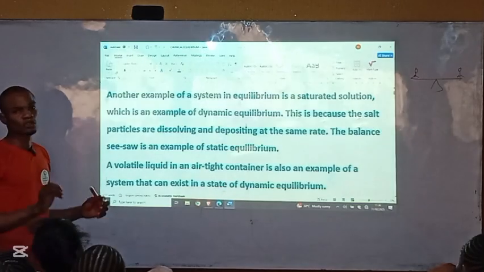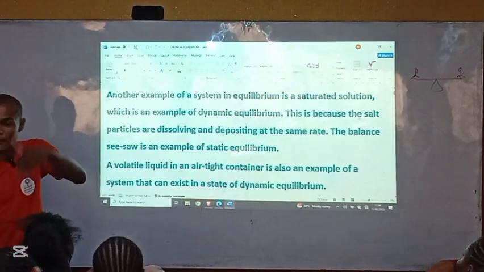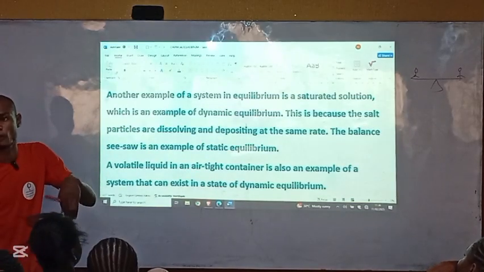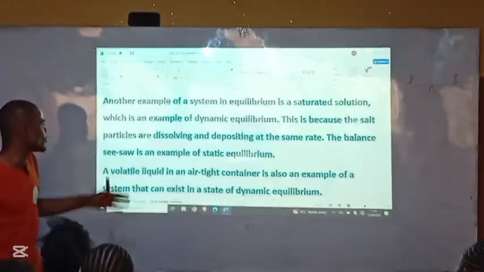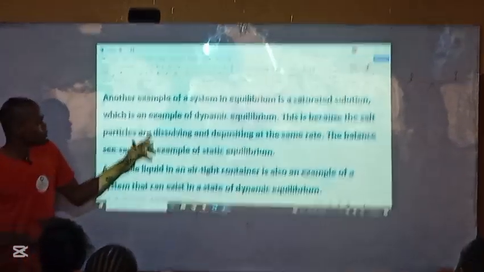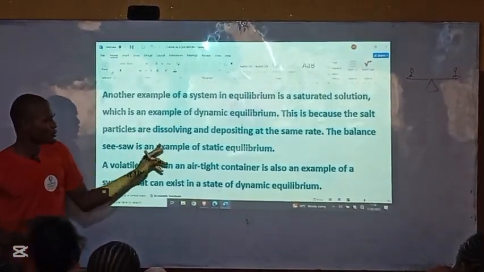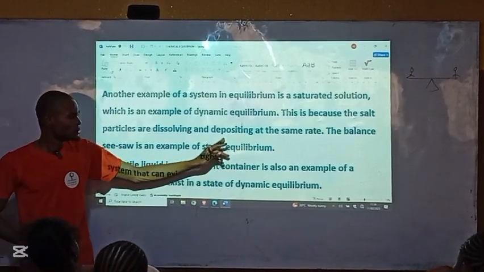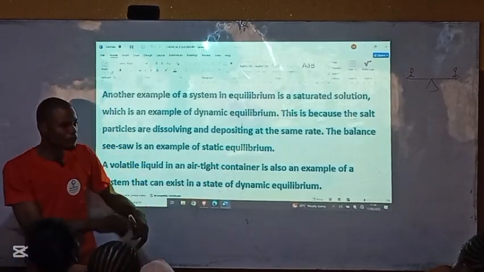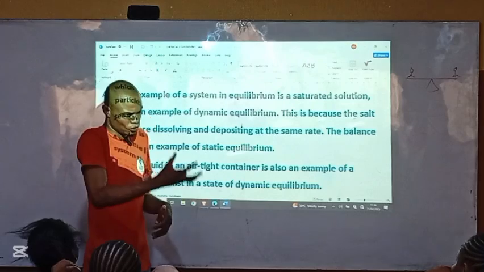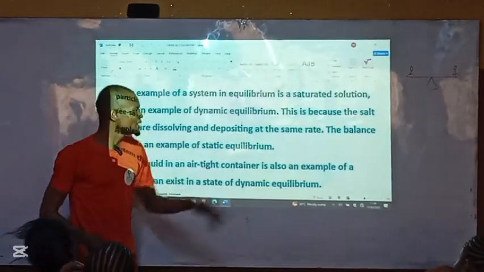I told you that a saturated solution, where reactant and product are present at the same time, is an example of what? Dynamic equilibrium. An example of equilibrium: a saturated solution. Some are being deposited at the same time, some are dissolving, and some are also coming out of the solution. That was them depositing. Now, in the same way,